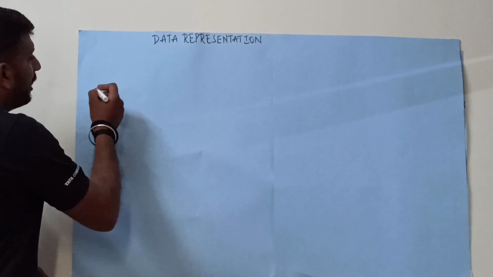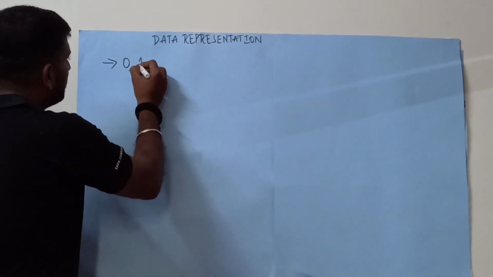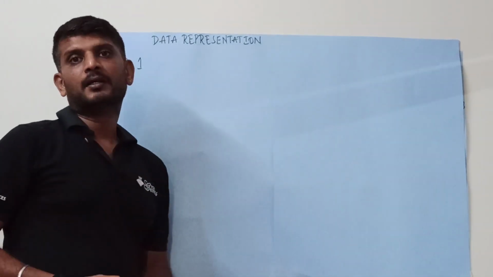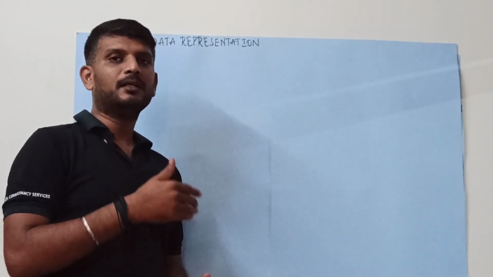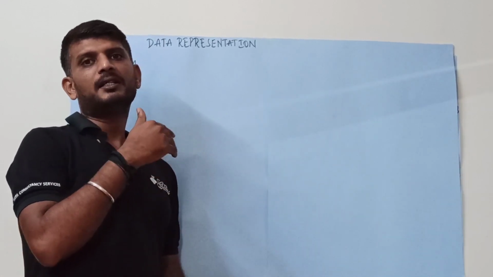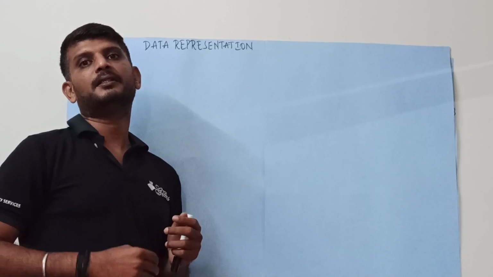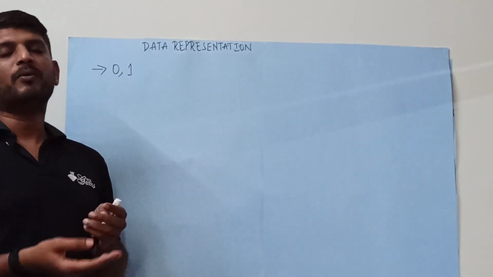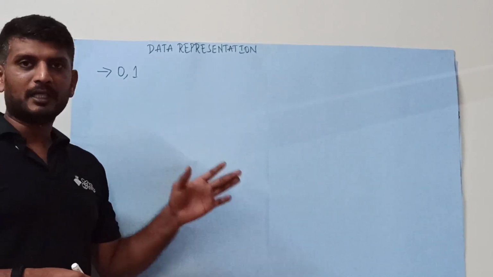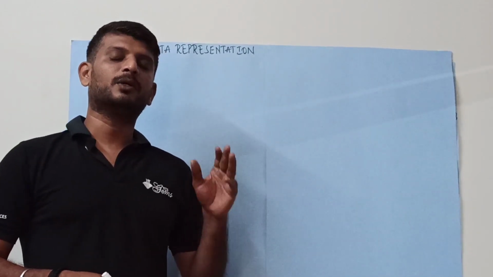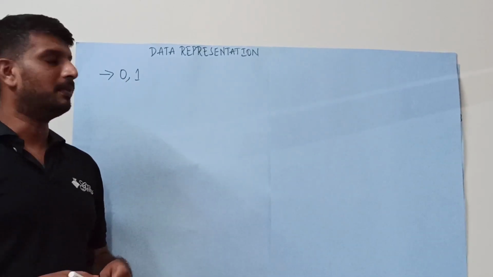Now, as you know, a binary number will have only zeros and ones. So what you have to do is convert the binary number into a decimal number. For converting decimal to binary, we perform the operation of division. Now we have to perform the operation of multiplication. I will show you with an example how exactly to convert a binary number into a decimal number, and